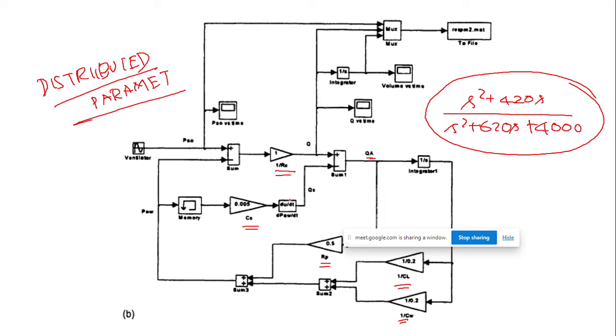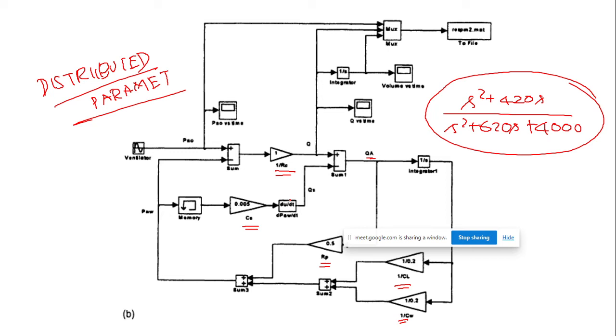In a distributed parameter model, you can give a value for RC, for CS, for CL. By changing the lung compliance, what is the effect? By changing the pleura pressure, what is the effect? By changing the resistance in the internal canal, what is the effect? By putting obstruction, that is by increasing either RS or CS, what is the effect? This way you will be able to simulate different disease conditions. That's the beauty of this particular system.